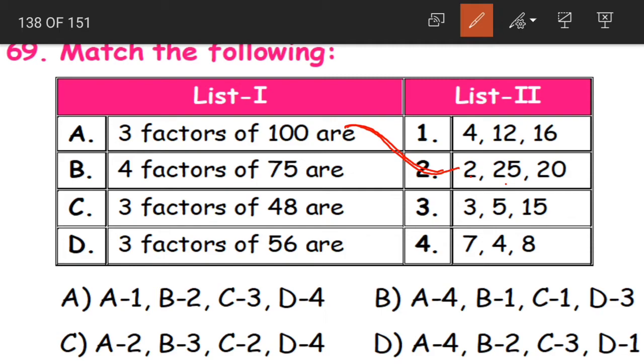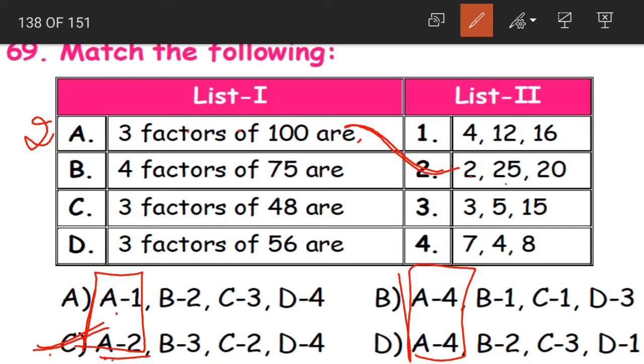Now see, children, what is the advantage of match the following is that now we have solved one question, right? What is that? A is equal to 2. Now you can check the options of A. Yes, in which option does A have 2 as the answer? Option C. In only option C we find that A is having 2 as our answer. So this becomes our final answer.